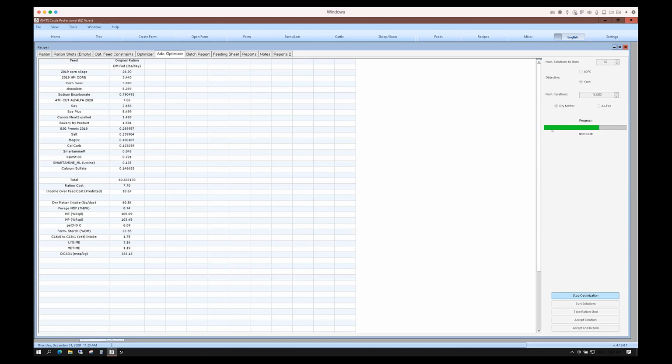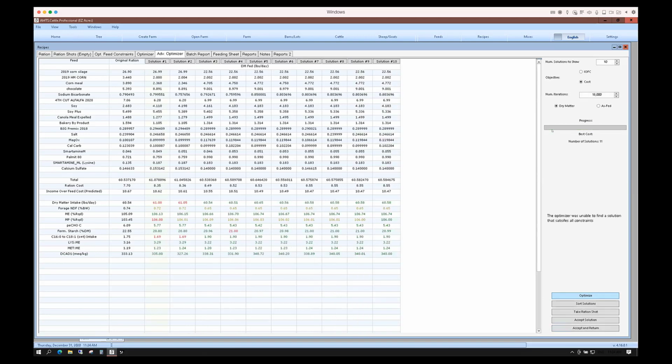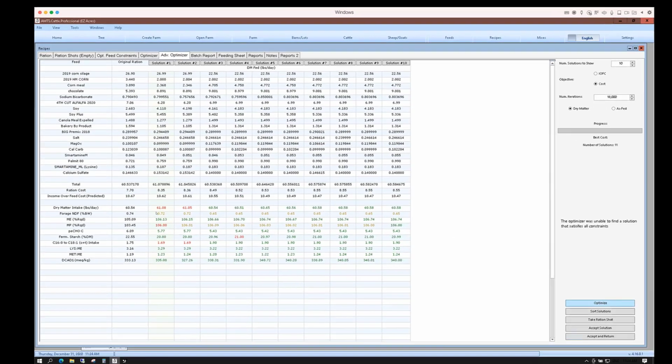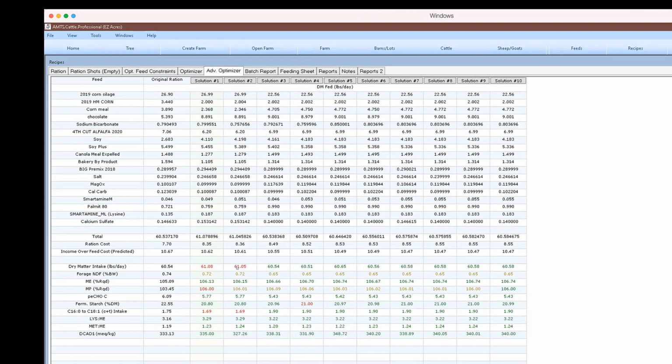And this may be one of those examples. There we go. And it tells us, optimizer, we're unable to find a solution that satisfies all constraints. So we can come now over here and look at, okay, so you'll see that our intakes in red on these first two solutions actually resulted in higher levels of intake.